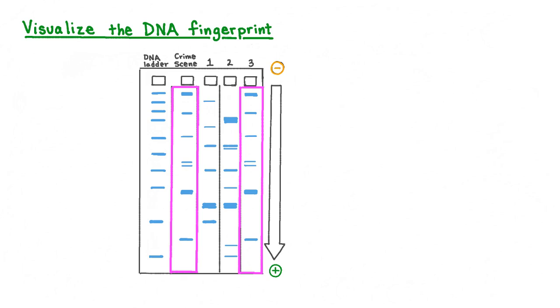We can tell because this individual's DNA fingerprint has the exact same pattern of stripes as the sample found at the crime scene. This suggests that this individual was likely present at the crime scene. DNA fingerprinting today is commonly used in forensic science as a method of helping to determine a person's presence and likelihood of involvement in a crime. Newer genetic technologies mean that we can get a DNA fingerprint from a very small sample of a person's DNA.